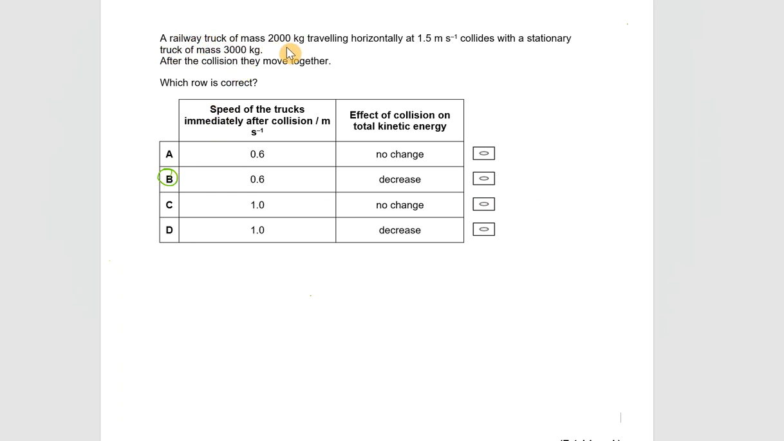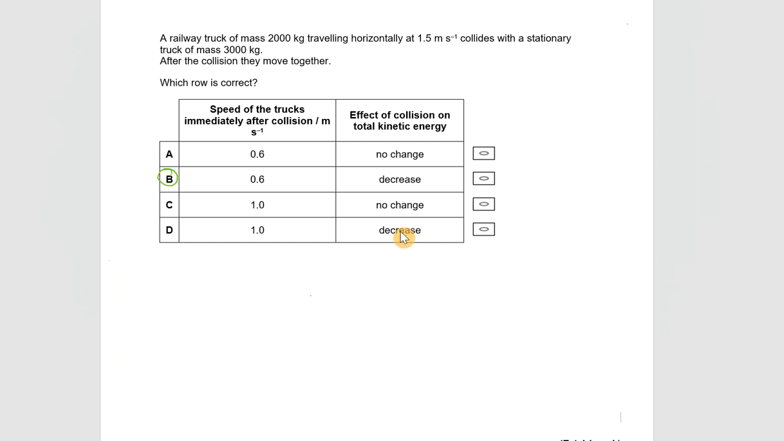So, a railway truck of mass 2,000 kilograms travelling horizontally at 1.5 meters per second collides with a stationary truck of mass 3,000 kilograms. After the collision, they move together. Which row is correct? So we've got a collision situation here, and what I would call a before